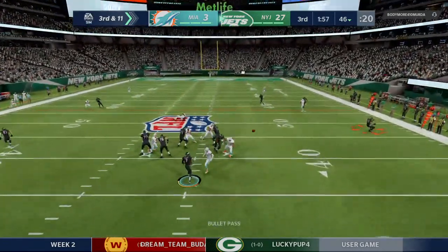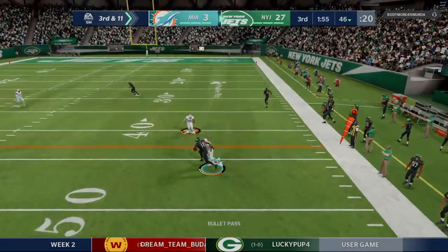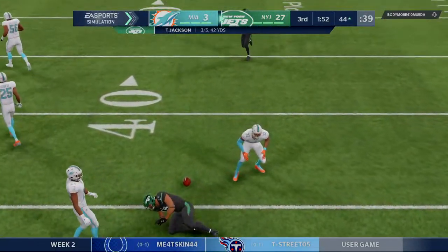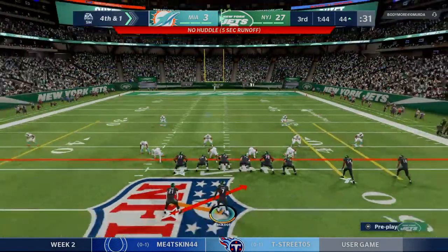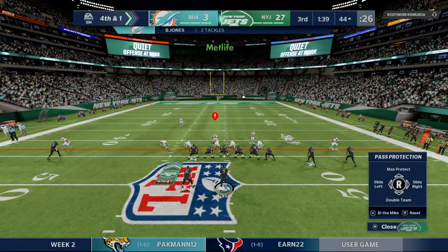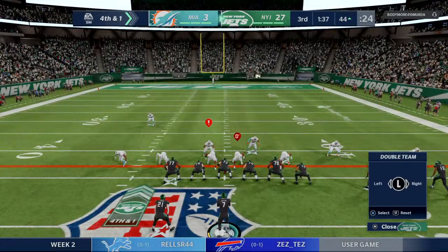Out of the gun now on 3rd down. Throw right side, going to be caught by Waller. Well, this is going to depend on the spot, but it's not a very generous one. He looks to be about a yard or so short. They do get 9, but it leads to 4th down. It's now 4th down and